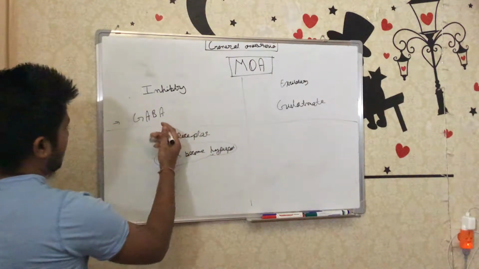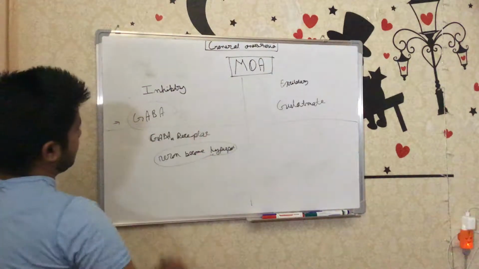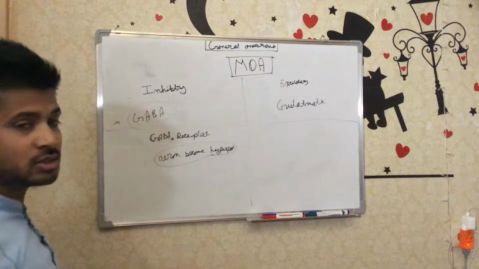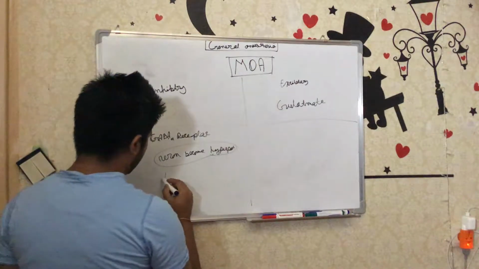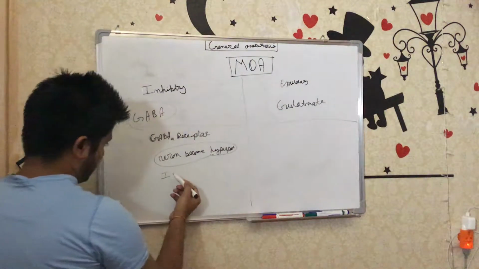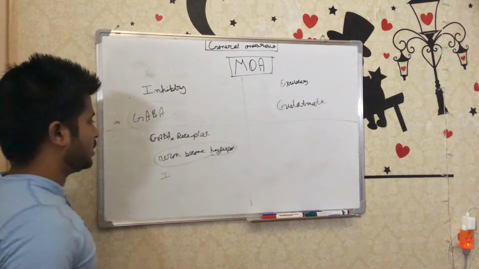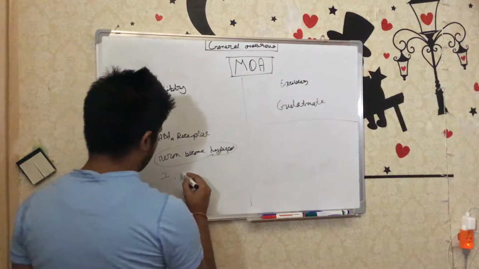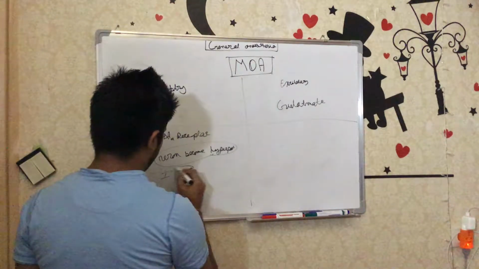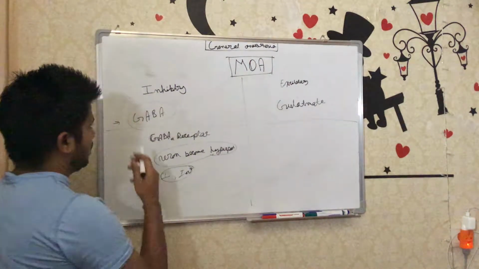So the effect of GABA becomes high and brain function becomes diminished, or inhibited. So mostly all inhalational general anesthetic drugs as well as intravenous anesthetic drugs act on GABA,